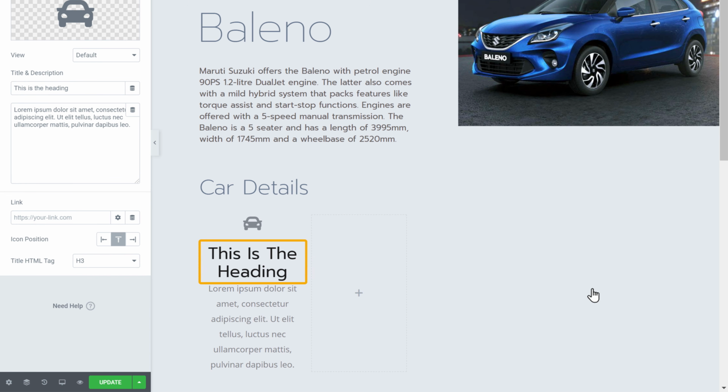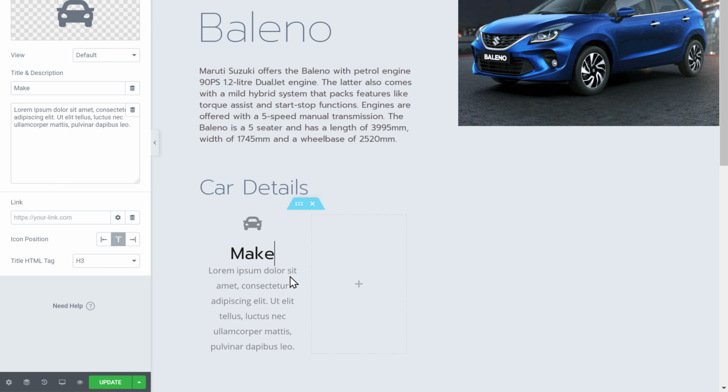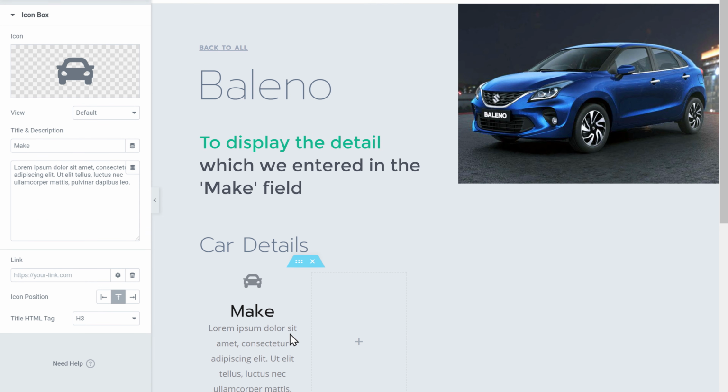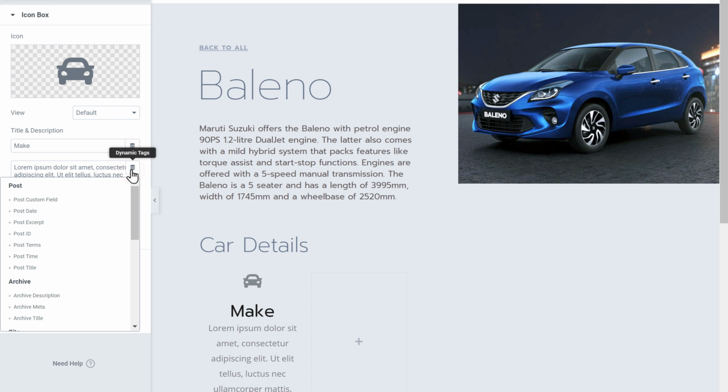Now to change this text, just select it and enter your field name here. I am going to enter make. Now to display the detail which we entered in the make field, click here, then scroll down and select pods field.